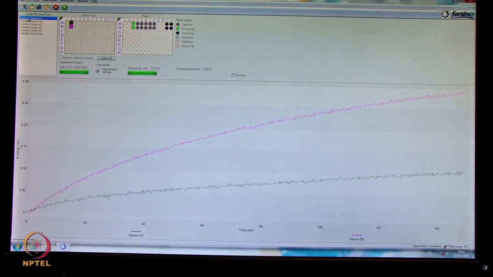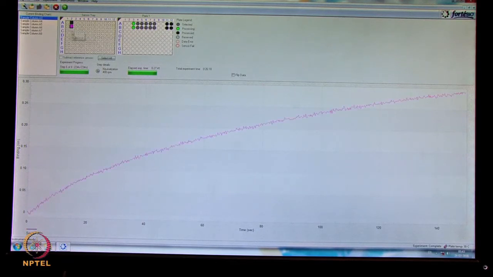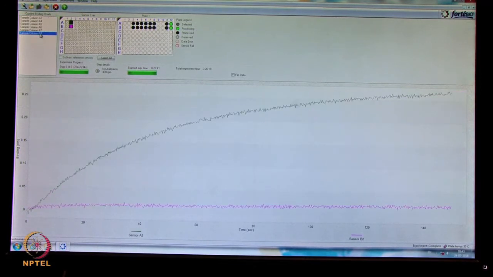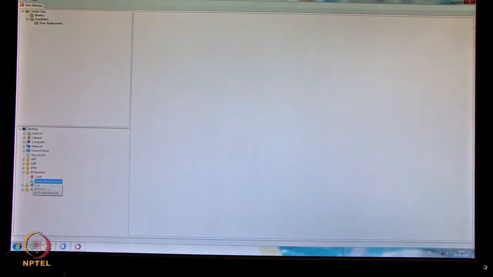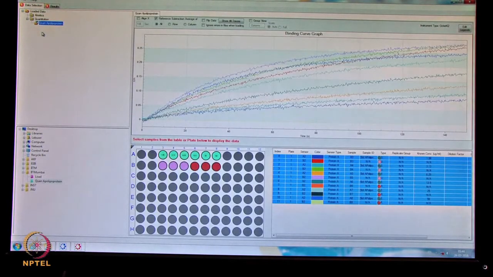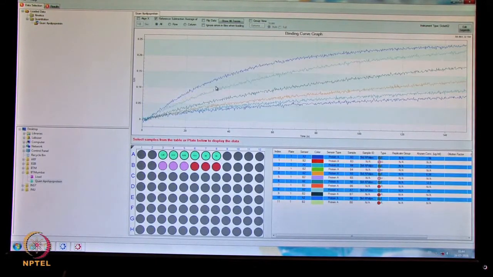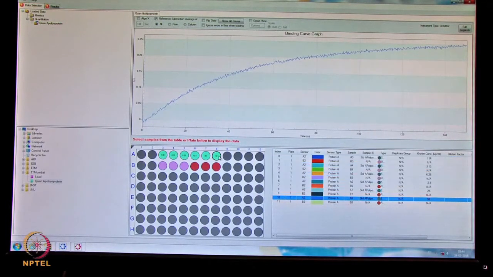Once the data is acquired, the green indicates the standard, and the pink indicates the unknown sample. Now the acquisition is done, we will go for the data analysis. This is the acquisition file, indicated by a green color here. So now we can see the graph, it is indicating all your standards. This is your standard graph, the 50 microgram is the highest binding curve showing,